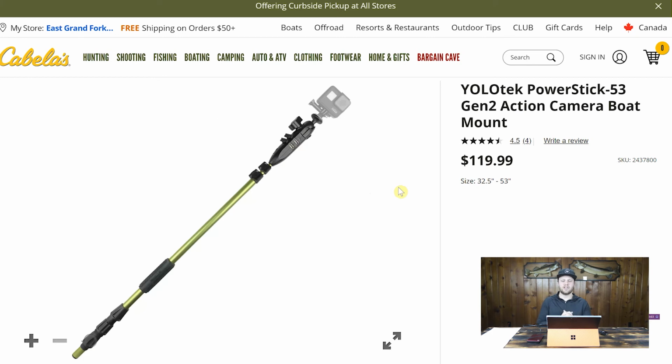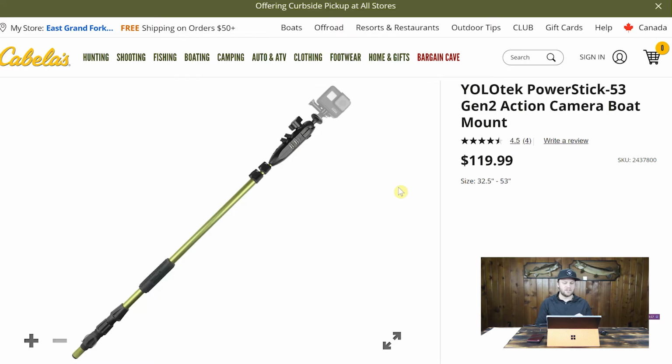Okay, next on the list we've got the Yolatech Powerstick 53 Gen 2 Action Camera Boat Mount. Very, very cool. I've got one sitting right over here in the corner. I used it all the time last summer. Here's what this is. This is a stick mount for a GoPro that mounts into the nav light in the back of the boat. It uses the power from the nav lights to power your GoPro